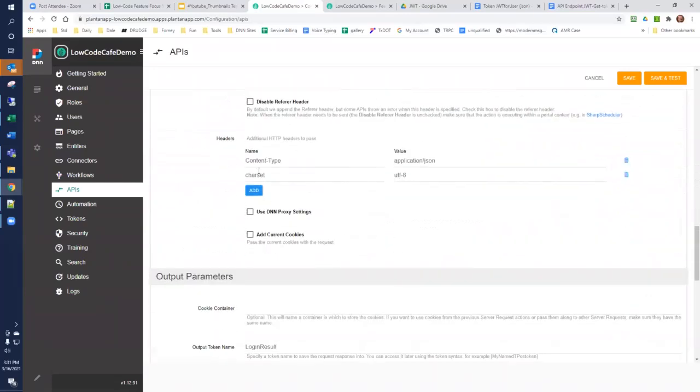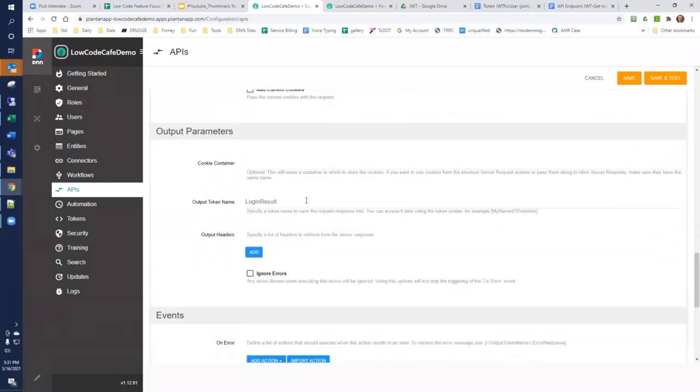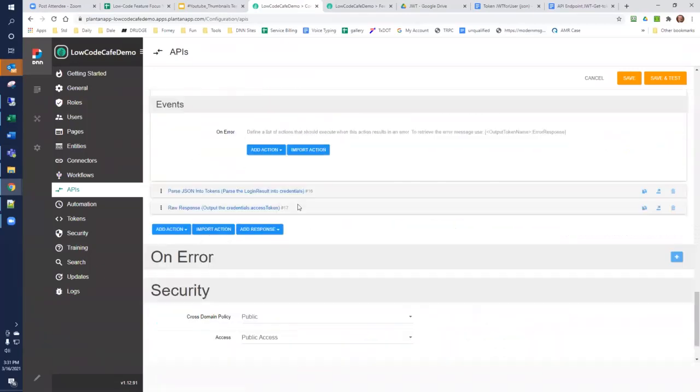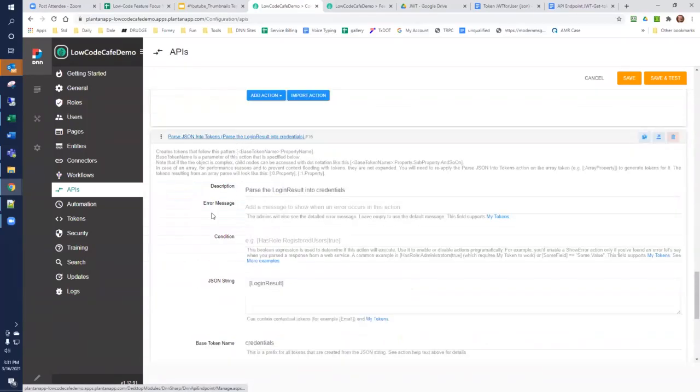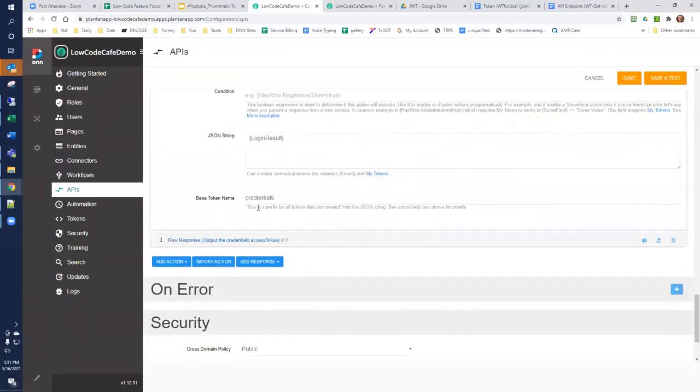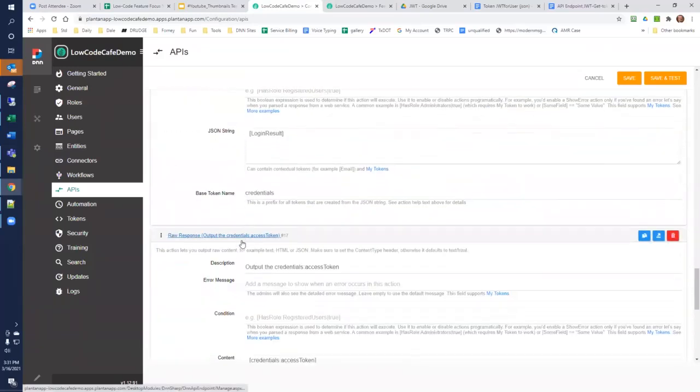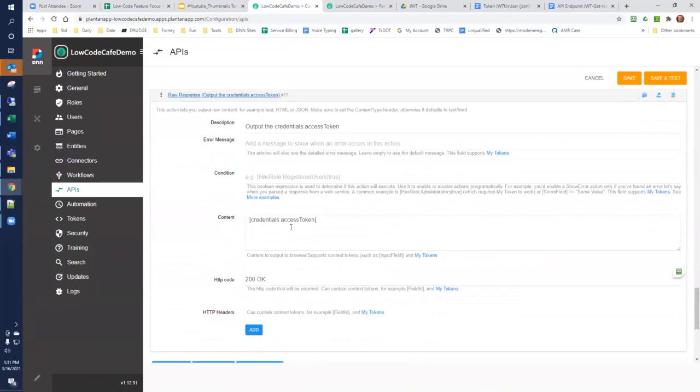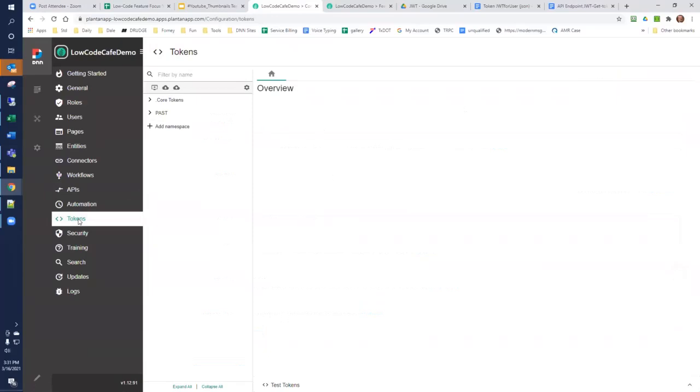We also have some special headers, the content type and the character set, but it returns back a login result. We parse the login result into JSON, getting our credentials token. And finally, we output the credentials access token out. So this API, when it runs, returns back an access token. The token that we added,